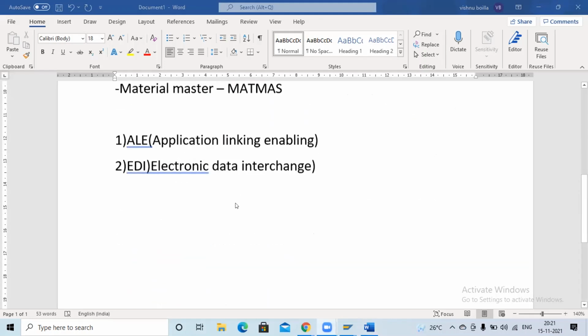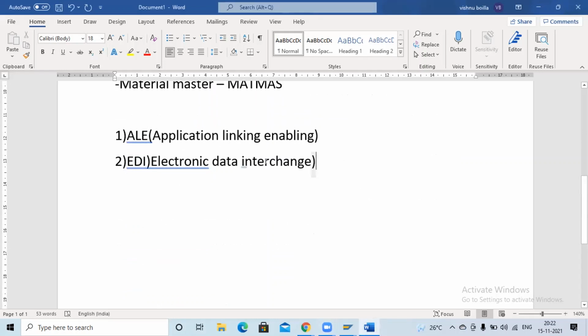So guys, now we will go with the ALE IDOC configuration. Before doing the configuration, first I will explain what exactly we are going to do.